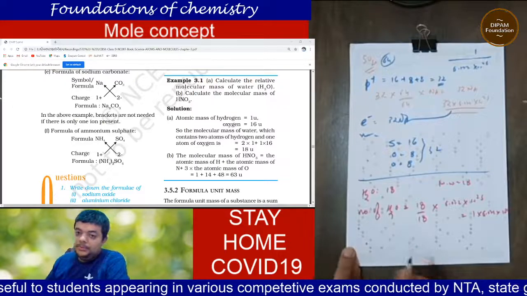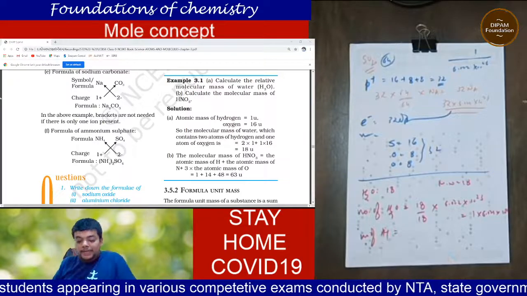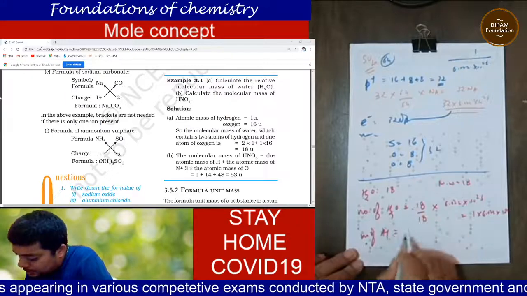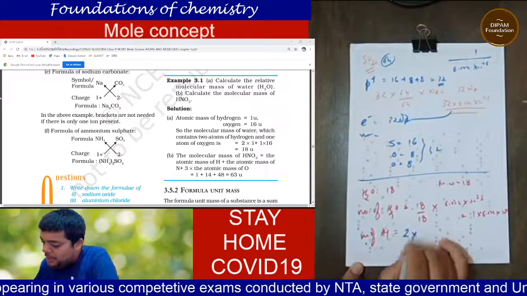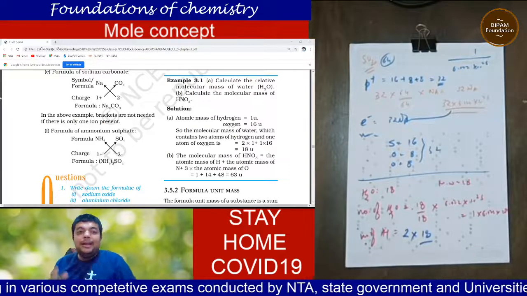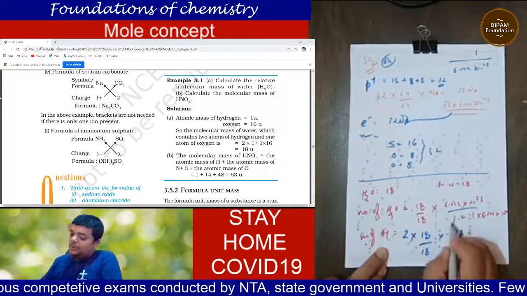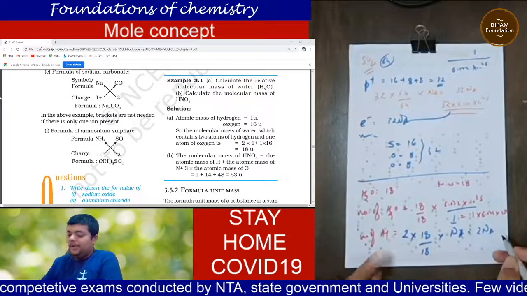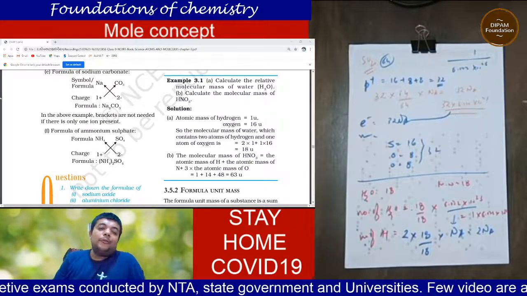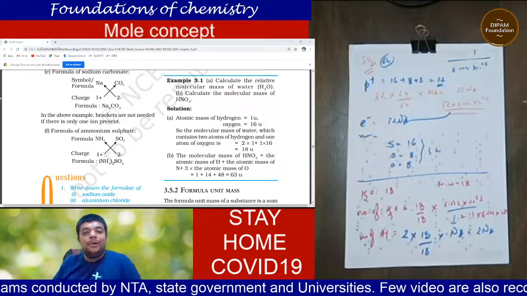Number of molecules. Now going for number of H atoms, you know that H atoms are 2 in H2O. So 2 H atoms per H2O multiplied by number of H2O. Number of H2O is number of moles, and it is weight upon molecular weight. So this is how I am now replacing 6.022 by Na. So I will be getting it as 2Na. And it is very clear that in one H2O there are 2 H and 1 O. Therefore for 18 gram of H2O there will be 1 Avogadro equal to O and 2 Avogadro equal to H.